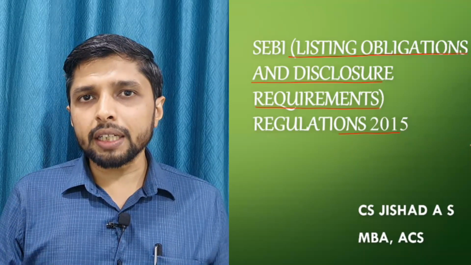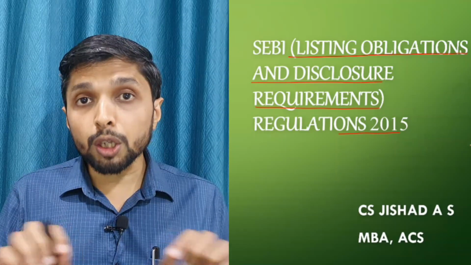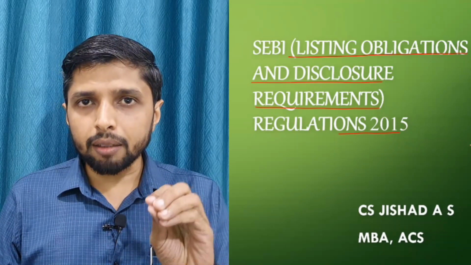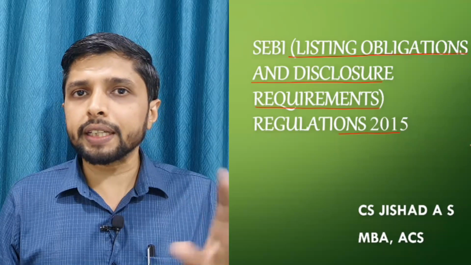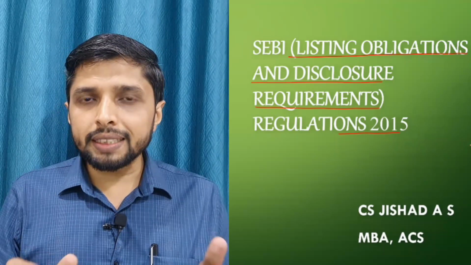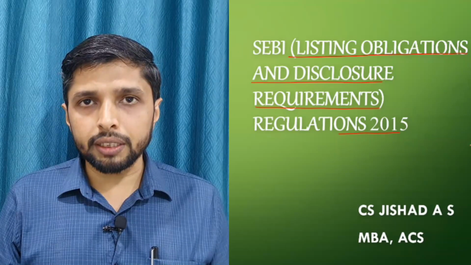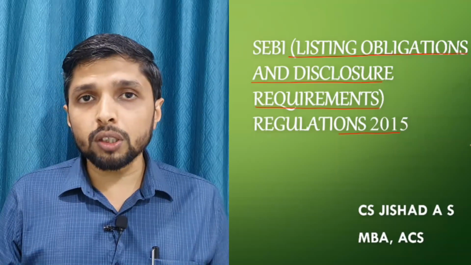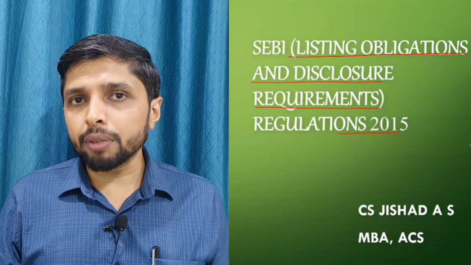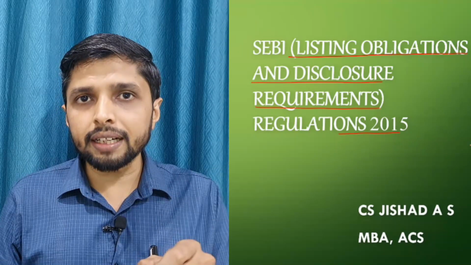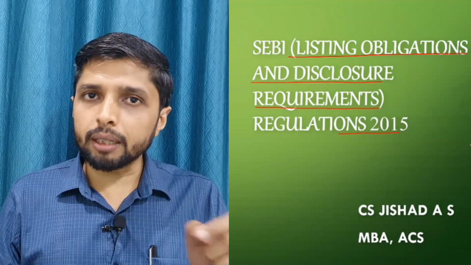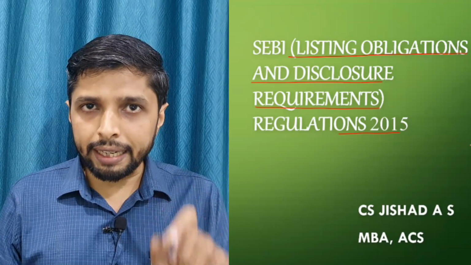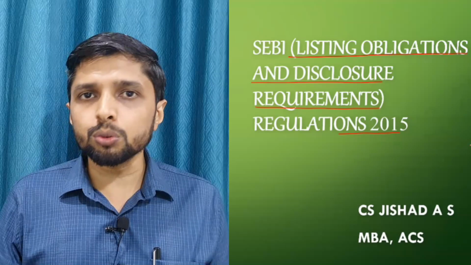So there was a problem that these agreements were not uniform. That means if a company is listed on NSE and BSE, that company was entering into a separate agreement with NSE and BSE. That is quite usual. But these agreements were not having any uniformity. The clauses in these agreements were very different. And the second factor was, it was not aligned to the Companies Act 2013. That means the clauses inside this listing agreement were based on the Companies Act 1956. So LODR 2015 was enacted to make these two changes.